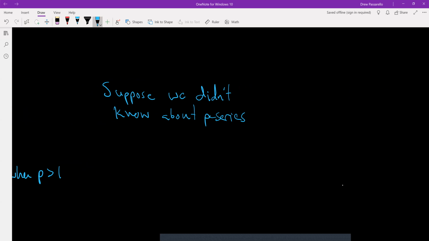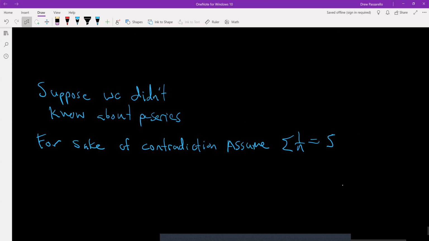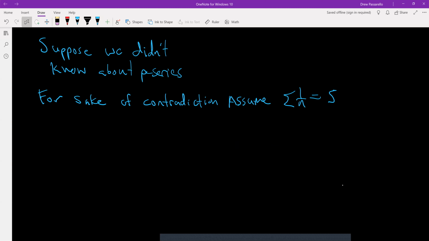All right, so for sake of contradiction, assume the harmonic series does converge, and let's say it converges to some number s. All right, so we're going to prove that we'll get a contradiction. So we know s